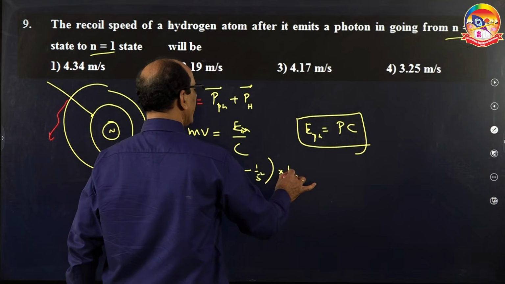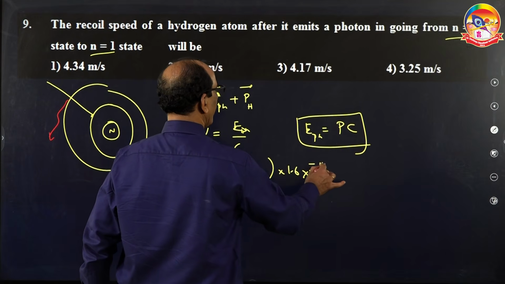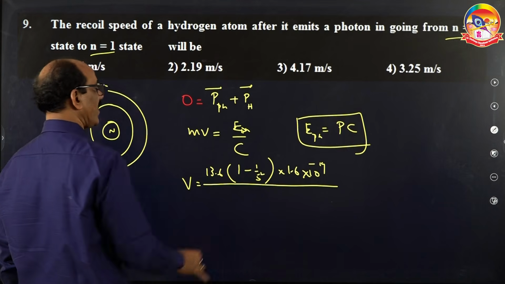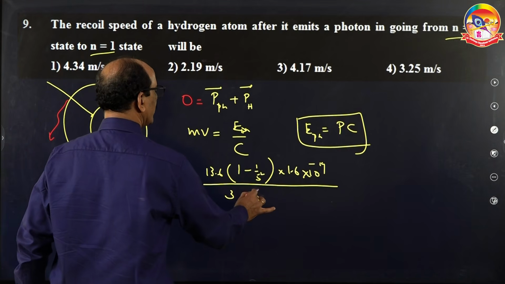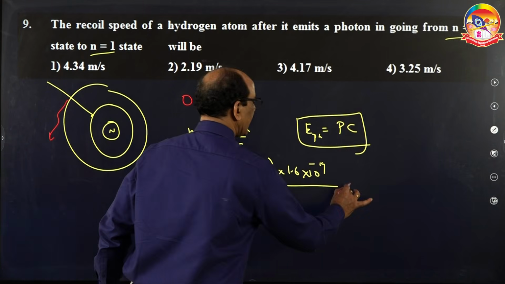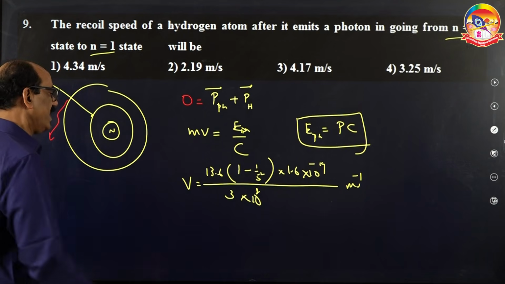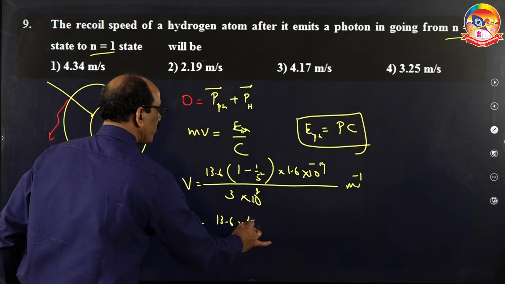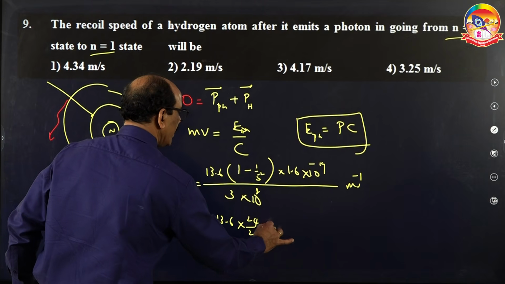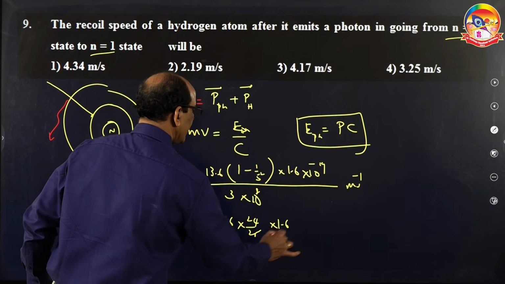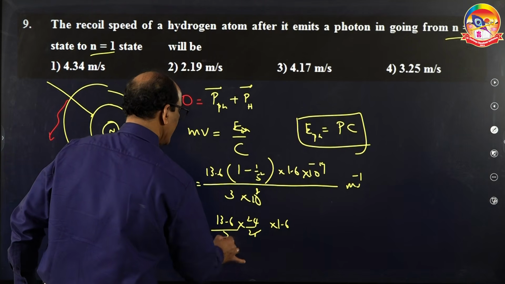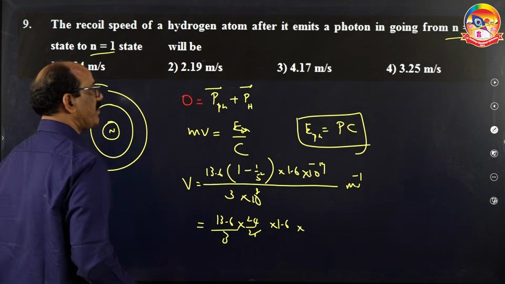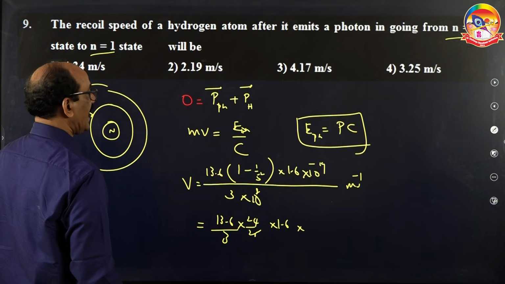So therefore, you can write it as 1.6 into 10 power minus 19, whole divided by c, where c stands for the velocity of light, which is 3 times 10 raised to 8. This many meter per second we get. So this is 13.6 times 24 by 25 times 1.6 divided by 3, into 10 power minus 19 by 10 power 8, that happens to be